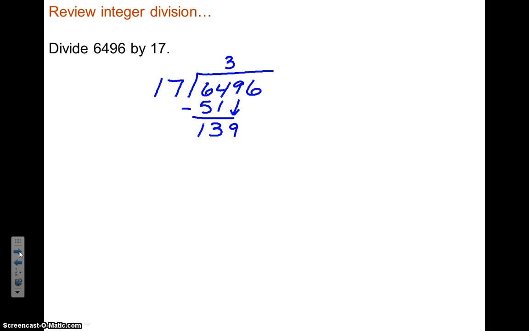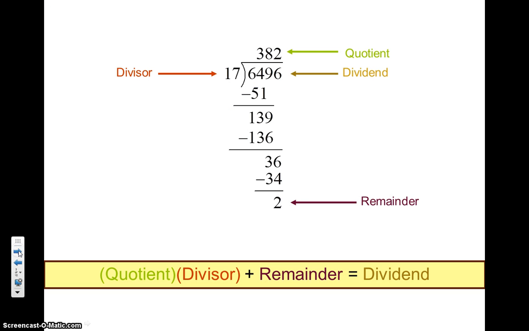And then we're going to repeat that process, and we're going to follow the steps repeating that process. We would get something like this. So when we divide, we get 382 with a remainder of 2. So dividing 6,496 by 17 is 382 with a remainder of 2. We're not going to worry about trying to do 382 point something and continue it with a decimal value. We're just going to be focused on the remainder because that's what we're going to be using when we start